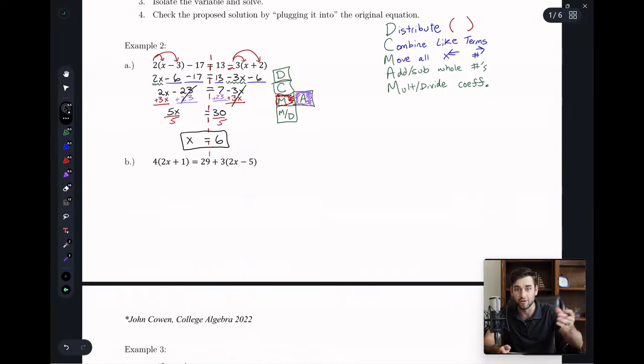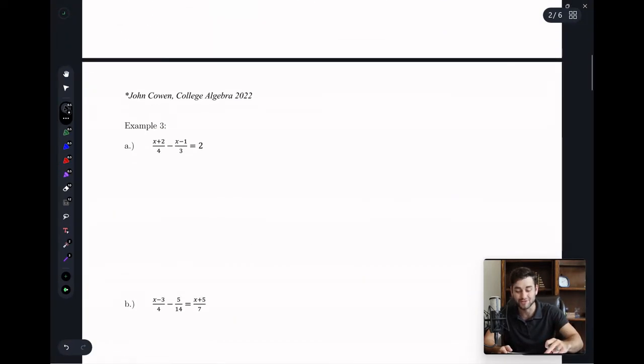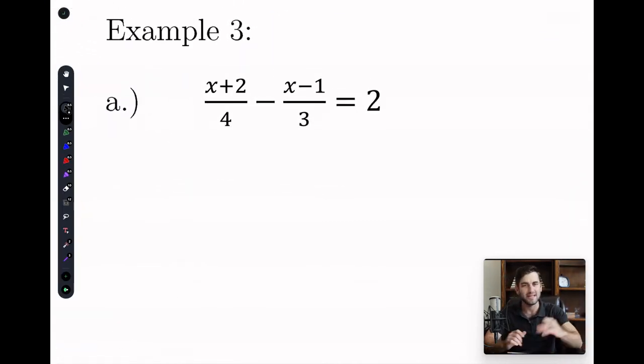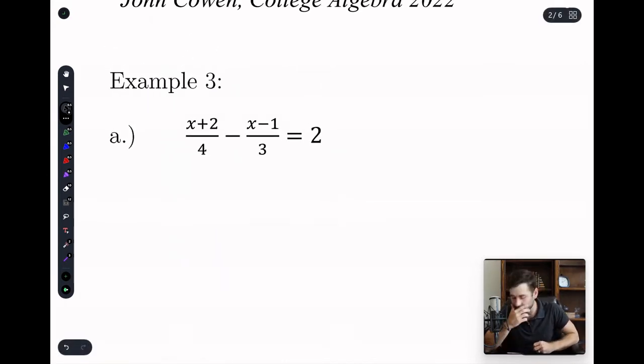All right, I'll leave you to do B, and we'll start with this, which is kind of a tricky one. It's in the middle, right? Because I see a fraction, right? But technically, this isn't a rational equation yet because the fraction doesn't have an x on the bottom. Technically, this is just an x plus 2 multiplied by 1/4. But we are going to get to review some topics that we need for the rational equations, which is the least common denominator, right?